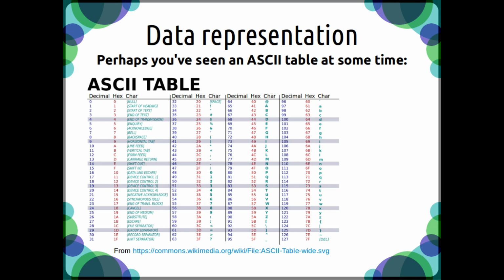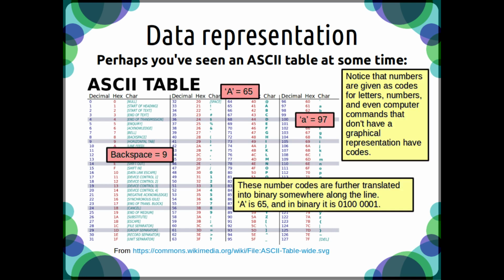An ASCII table stores a list of characters available to the computer, as well as a number code that represents them. So these numbers are given as codes or representations of other letters, numbers, and even computer commands that don't have a graphical representation. So if you look at the very left side, backspace is the code number 9, capital A is 65, and lowercase a is 97. These number codes are further translated into binary somewhere along the line. So, for example, A is 65, and in binary, it would be this right here,